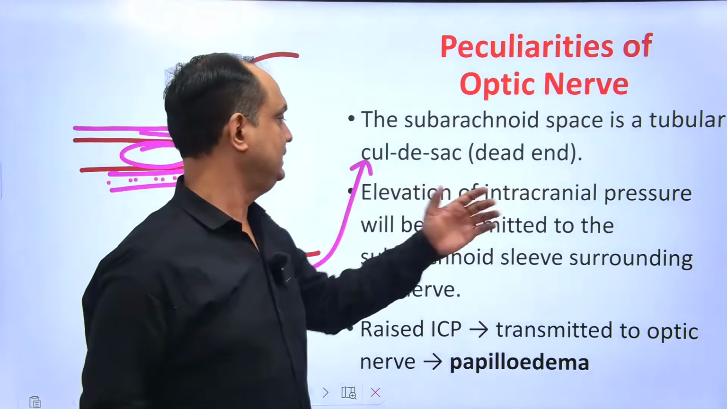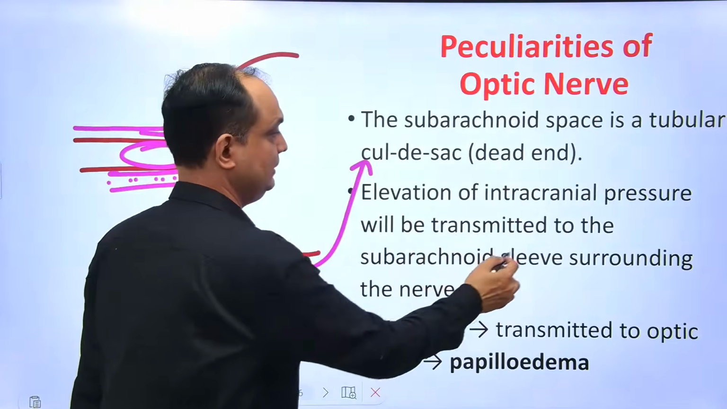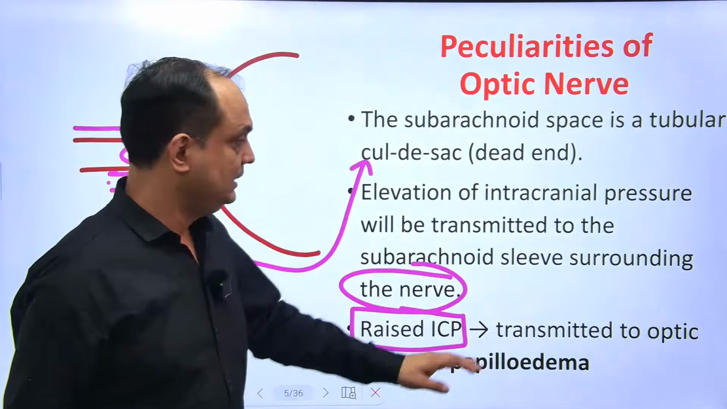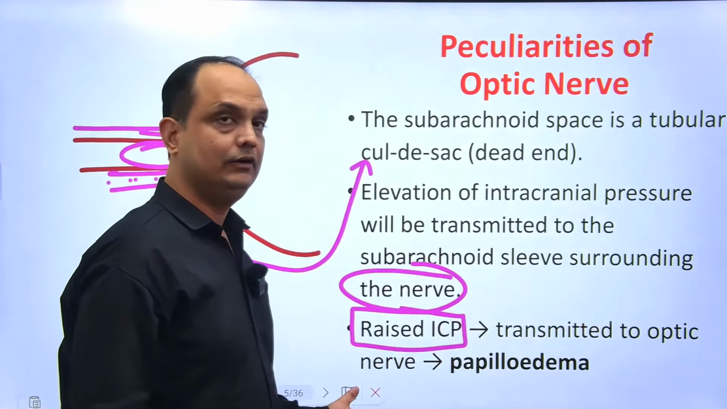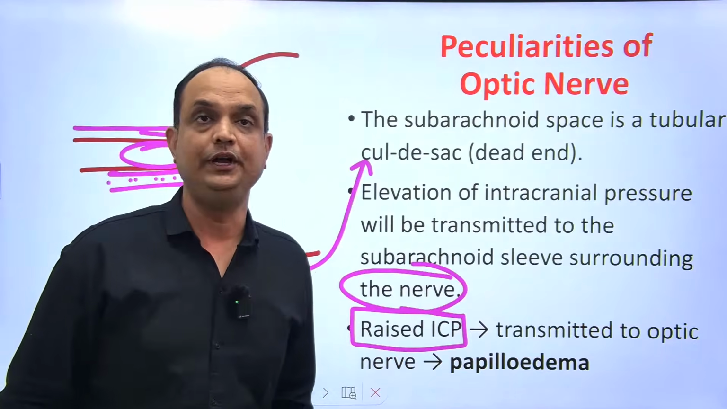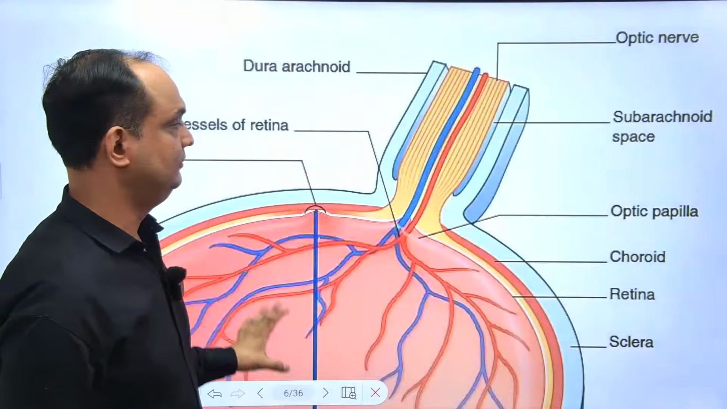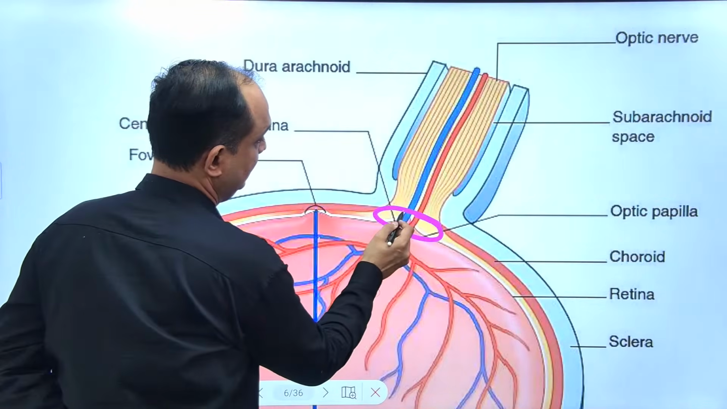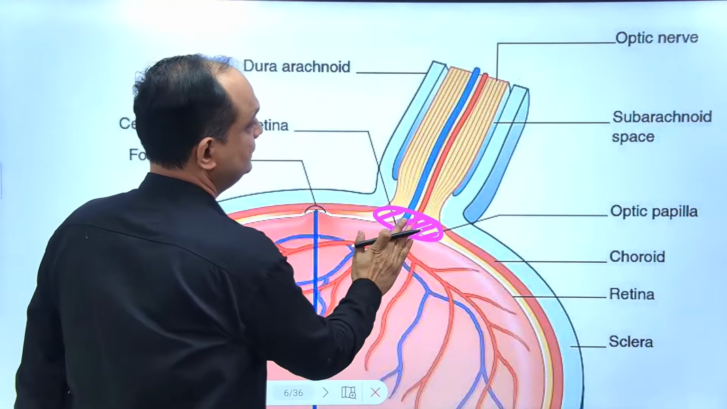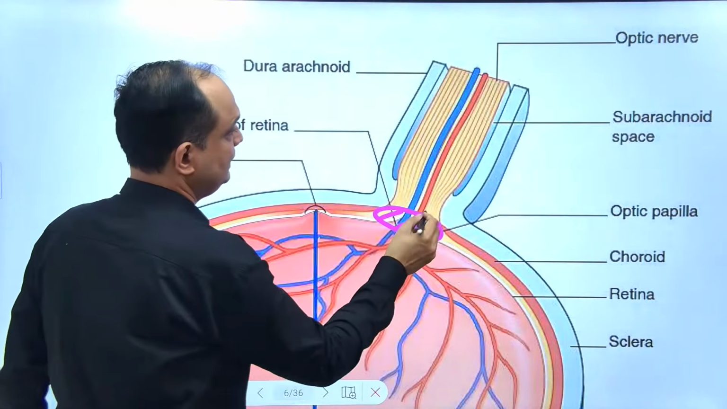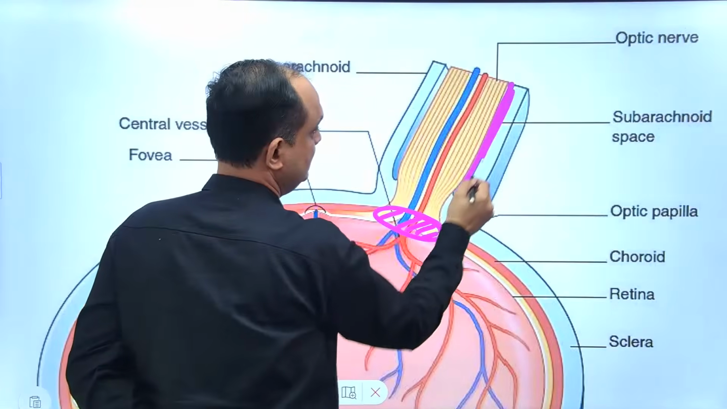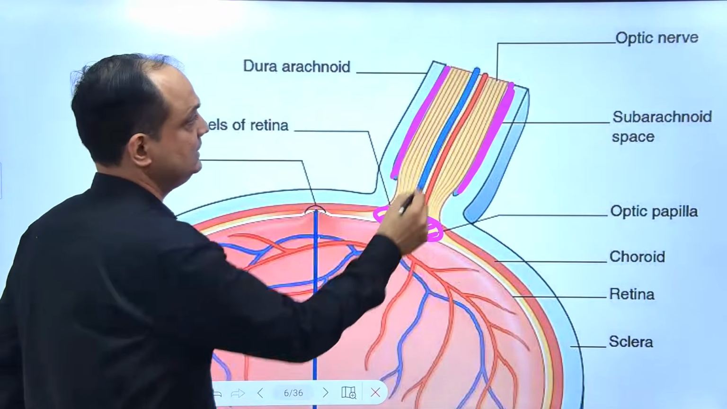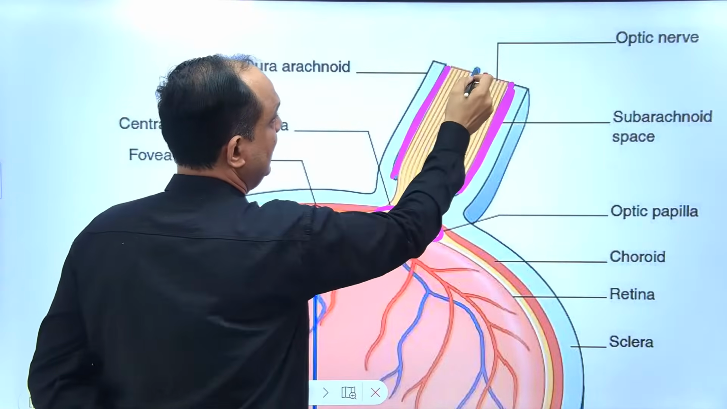So elevation of intracranial pressure is transmitted to the subarachnoid sleeve around the nerve, and in the case of raised intracranial pressure, this pressure is transmitted to the optic nerve and it will lead to papilloedema. Now, when you see this section of the eyeball, this is your optic head, which is a blind spot from which the optic nerve starts. Here you can see the subarachnoid space present around the optic nerve. Now when the pressure is high, this higher pressure is going to compress the nerve,